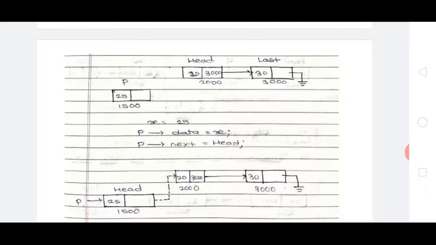P->data is equal to X. Means whatever is stored in X is assigned to the data field. The next statement is P->next is equal to head. Means that by using this statement, the newly created memory block is connected to the previously created linked list.